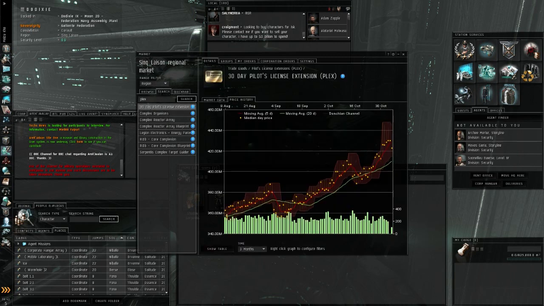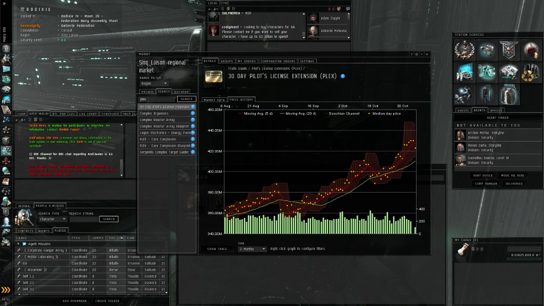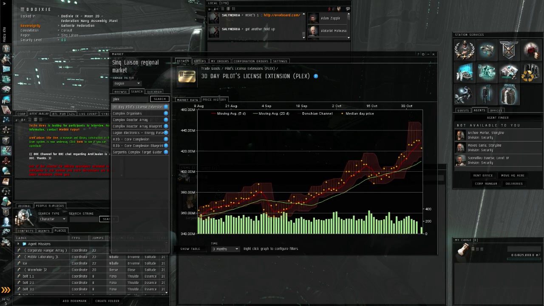The second thing is the NEX store, which is basically a Plex sink. You have to use a Plex to create Aurum and then buy from the NEX store. It's a one-way ticket for those Plex, so that only increases demand, no matter how little the NEX store is being used. And the third aspect is, although I can't really verify that, in my opinion there's a lot